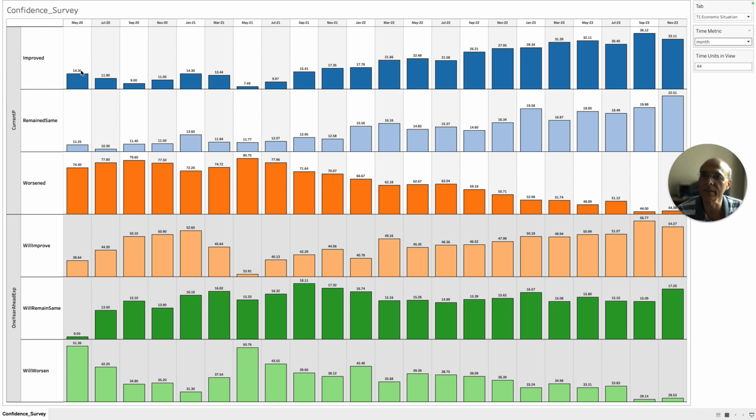If you see 14.36, it means 14.36% of respondents felt that a particular dimension, like here in this case, will improve. So this is the percentage of respondents, and all these three will add to 100%, right? If you add all these three, it will add to 100%. So from a current perspective, the trend shows that the perception of improvement is quite strong.